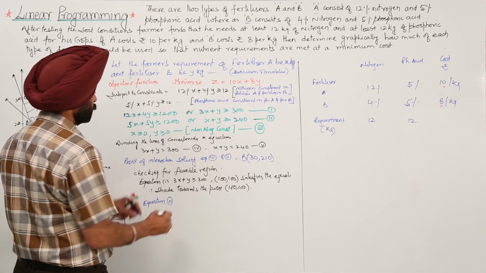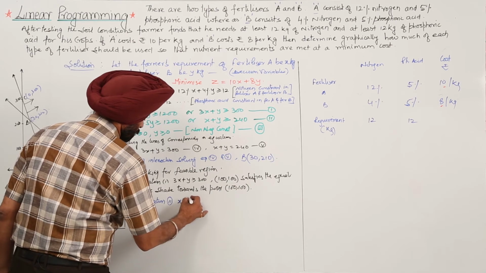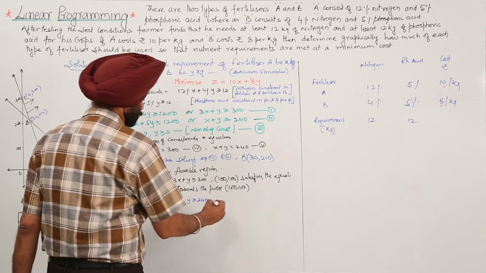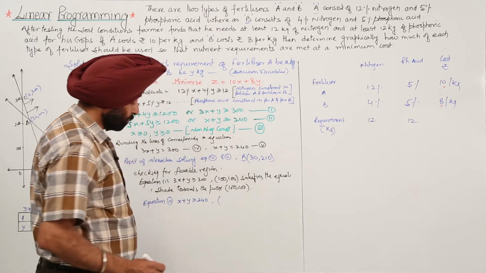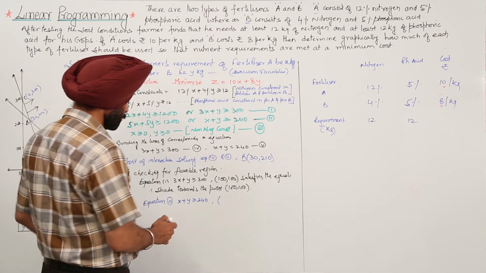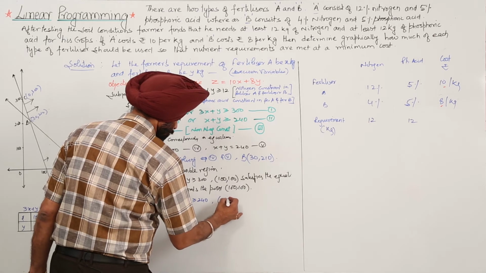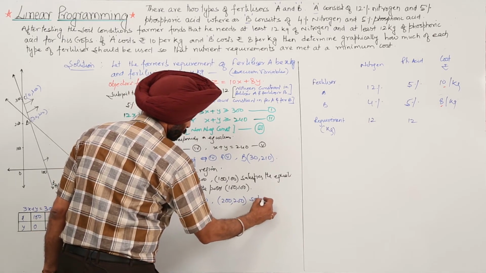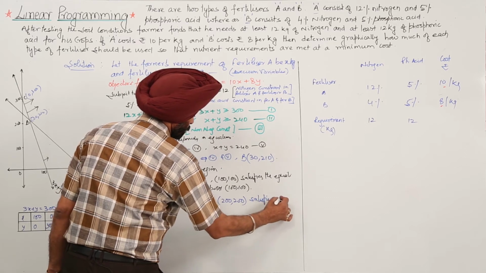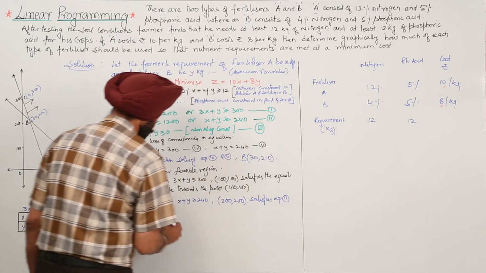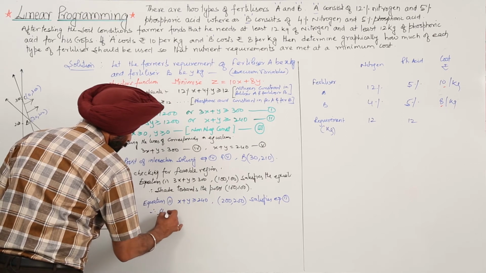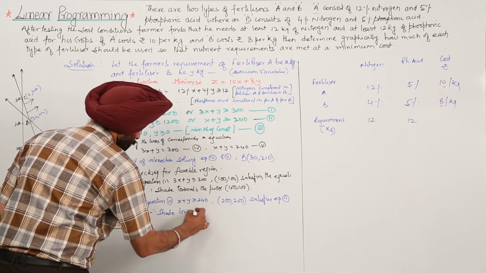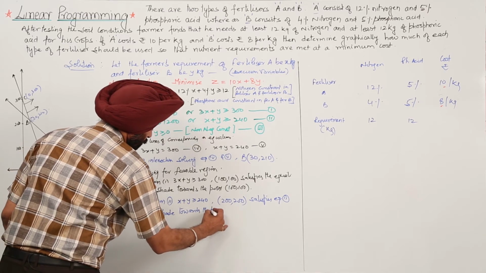Okay. Now equation 2. Equation 2 is x plus y is greater than 240. Now, which point will satisfy this one? Let it be 200, 200. 200, 200 satisfies equation 2. Therefore, shade towards the point